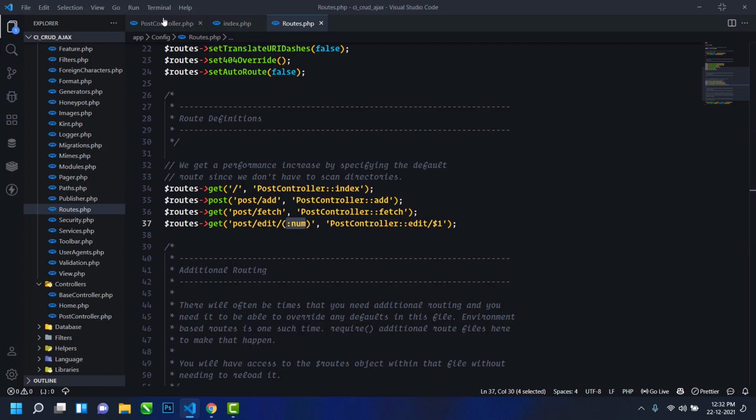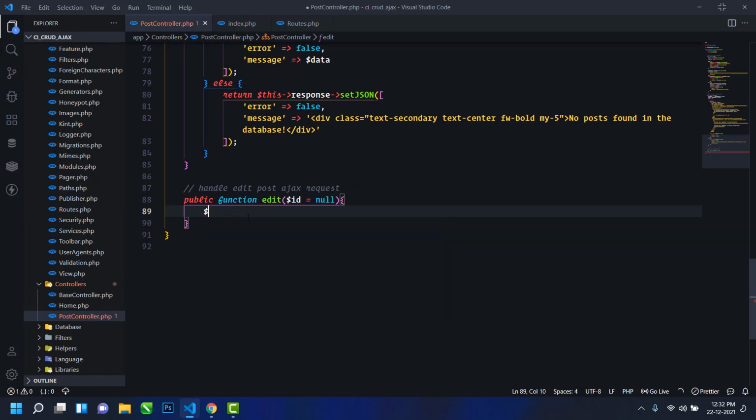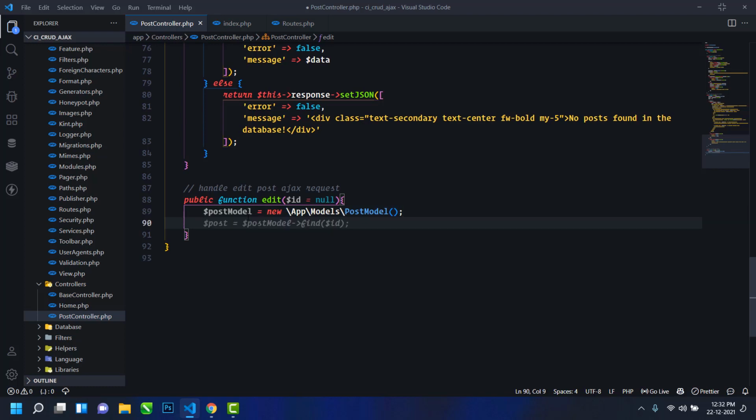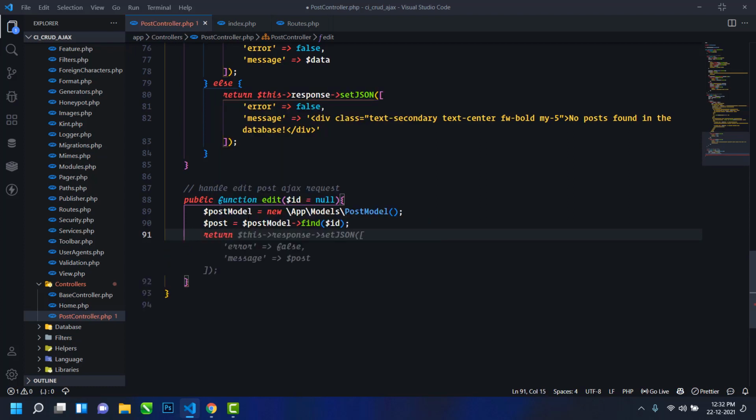So in the PostController, I will create a post model object: postModel equal to new App\Models\PostModel. Then I will create a post variable, postModel findById, and then return a JSON response, where error will be false and message will be post.